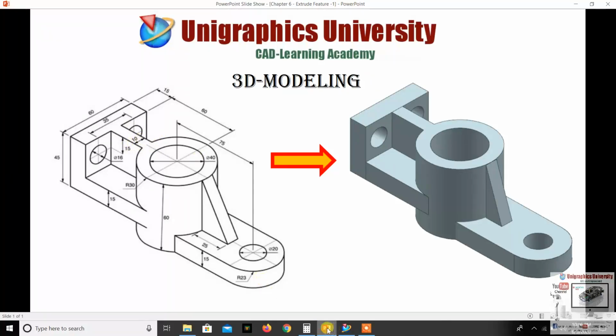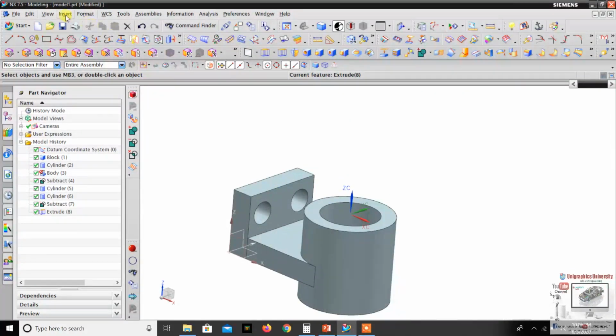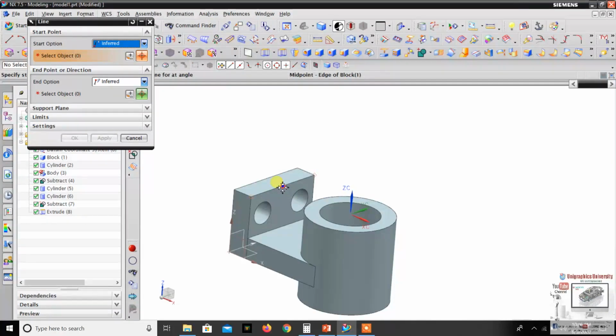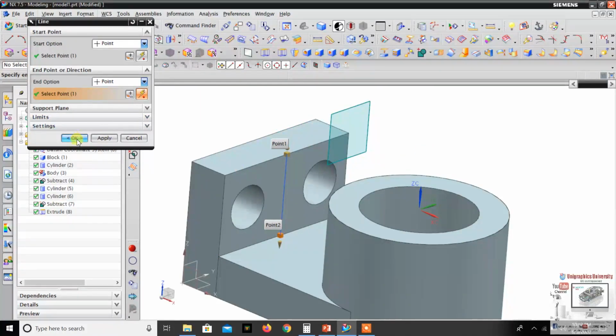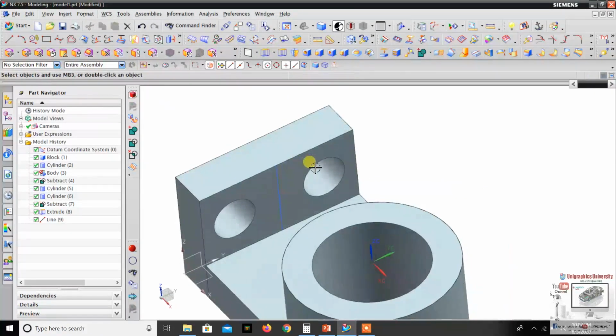So I make this block. Go to insert, curve, line, select this center point and select this center point, okay. The line will be created.